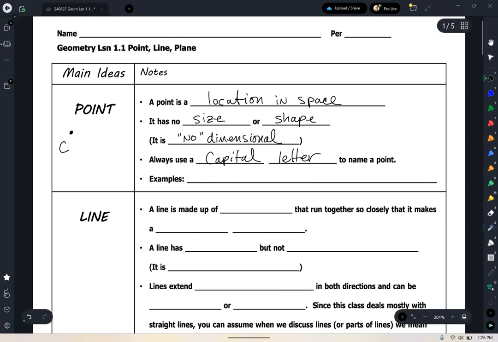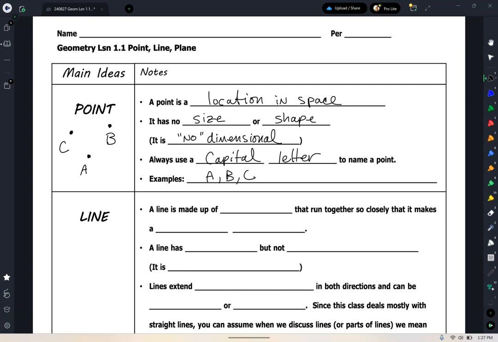However, if I wanted a different location in space, I would put that dot at a different place and I would have to give it a different name. But anytime you see a capital letter and that dot, it's referring to a location in space. Okay? That's what we're talking about there. Now you can see some examples that I used here. When we're writing points, we just write the capital letter. We don't need to say point A. When we write the capital letter A, that indicates to us that we're talking about the location in space at A. That's what we mean when we say that.